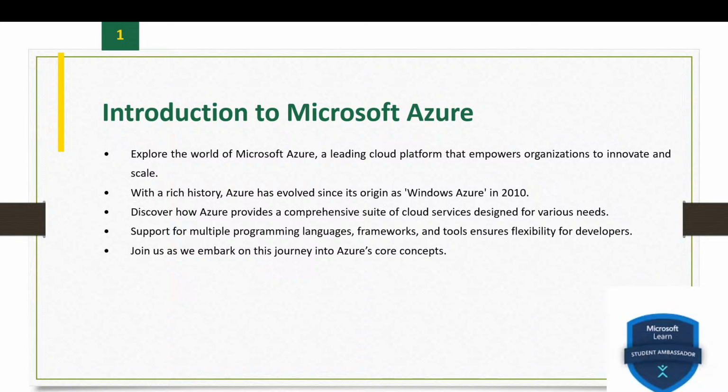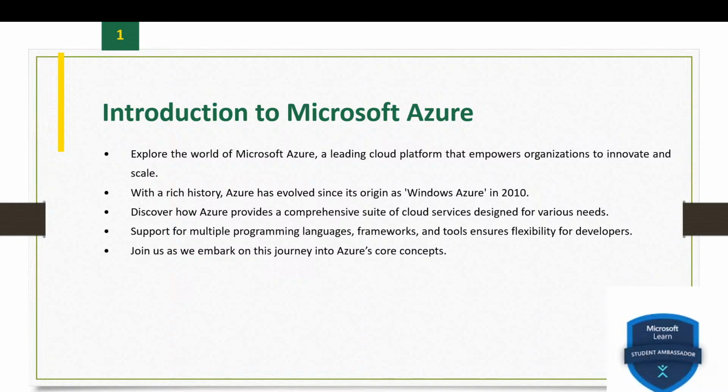Okay, welcome to the world of Microsoft Azure. Microsoft Azure is a powerful and versatile cloud computing platform that is revolutionizing how organizations operate, innovate, and scale in today's digital landscape. What is Azure?